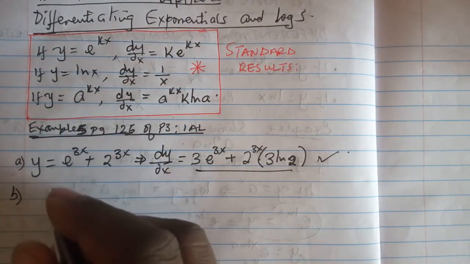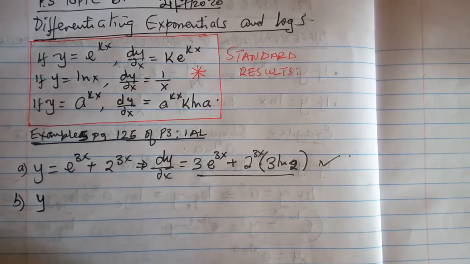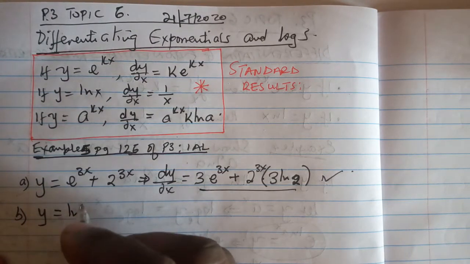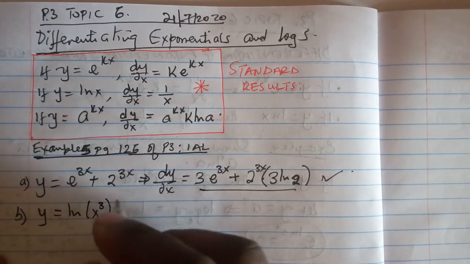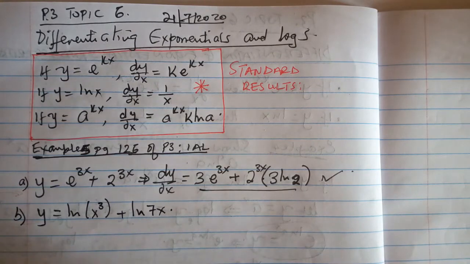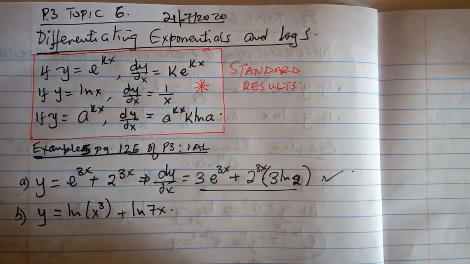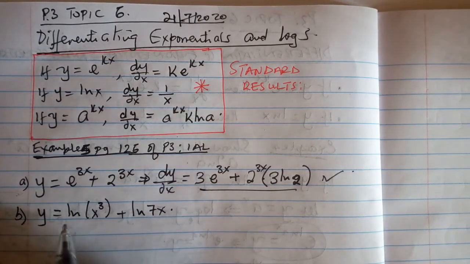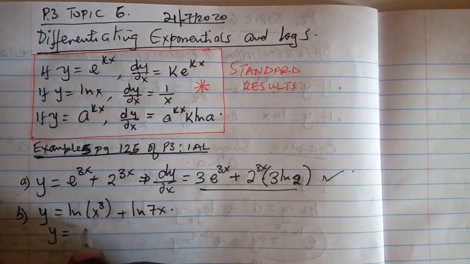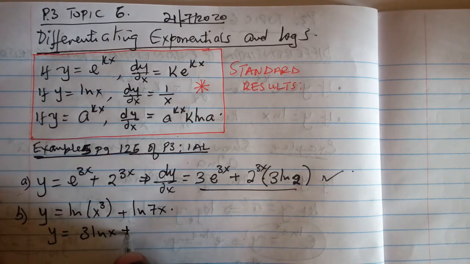Part B of the expression, what we are having now is y is equal to ln x cubed plus ln 7x. And of course, we just have to apply the laws of logarithm here so that we can free up these terms. And ln is, of course, log to base e of this, and x is cubed. So it follows that y is equal to 3 ln x, because the index now becomes a coefficient, plus